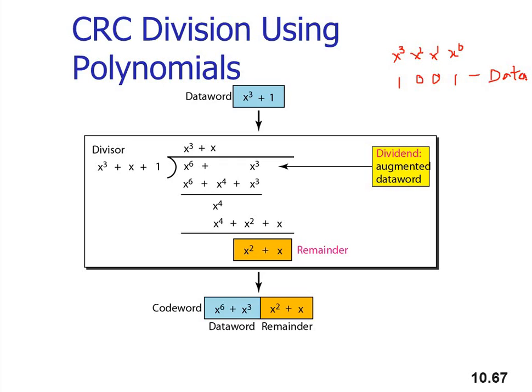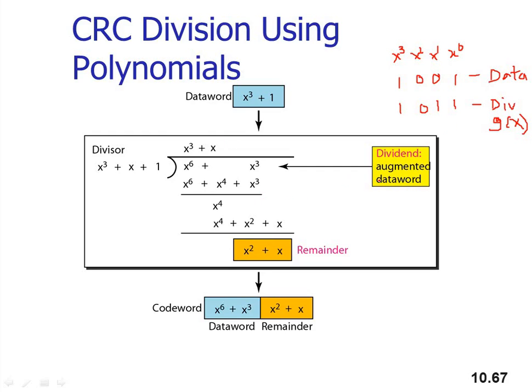Now x cube is present, x is present, and this is also present. So this is 0. This is my divisor. So simply I'll write it as a divisor. Now here in this case, this is called g of x. Now this is g of x. So the example is just like the previous one.